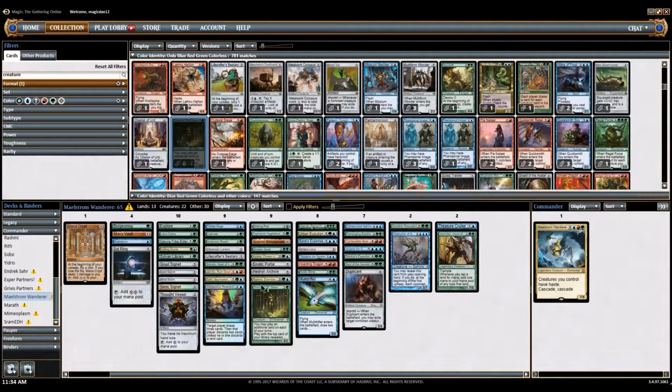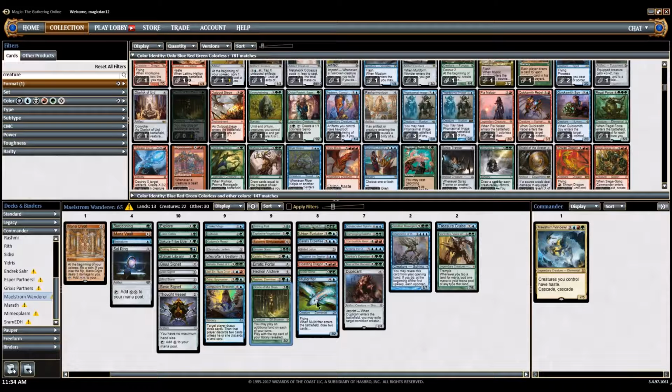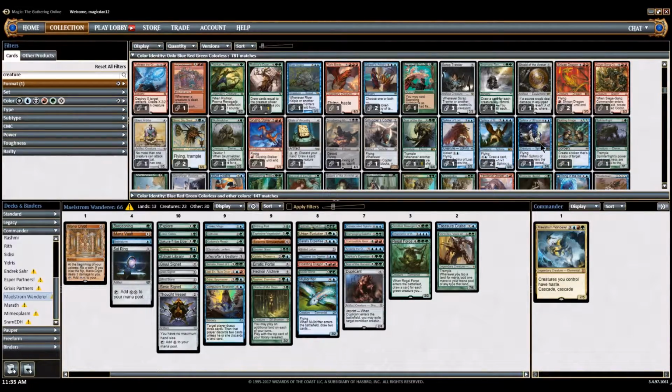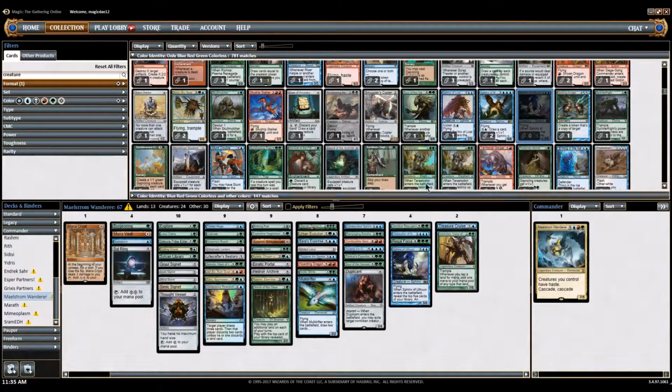Ooh, Oracle of Mul Daya. I don't know how I missed this before. I'm sure you guys were screaming at me there. This is just so obvious, right? Gotta run her. It's like card draw and ramp in one. I could see running Recall Force. Ooh, I'll throw him in for now, though I don't know if we'll keep him. Ooh, Sphinx of Uthuun. Strong card. Could run